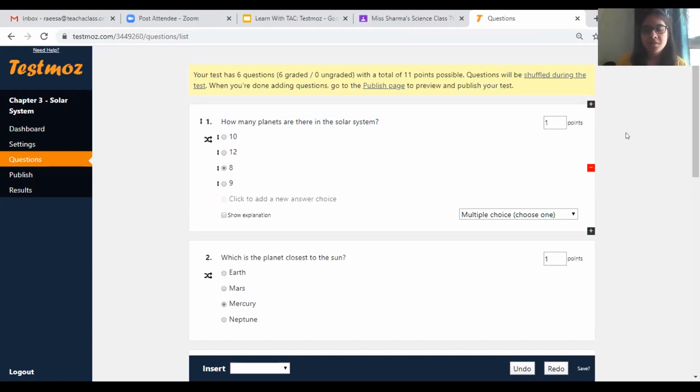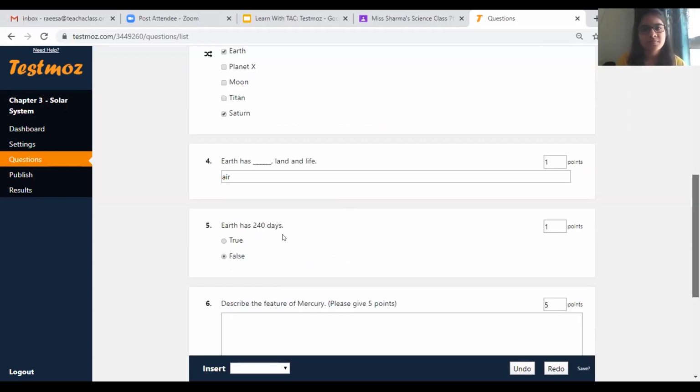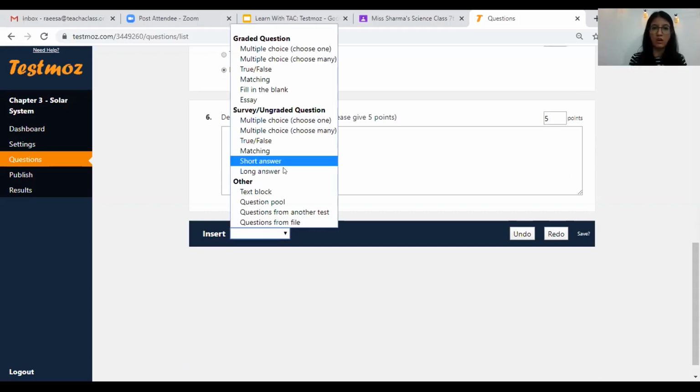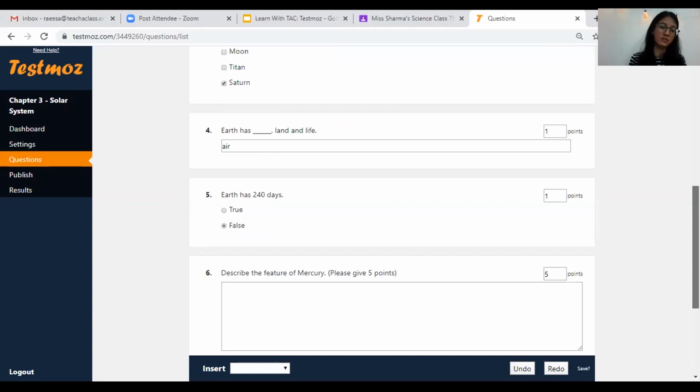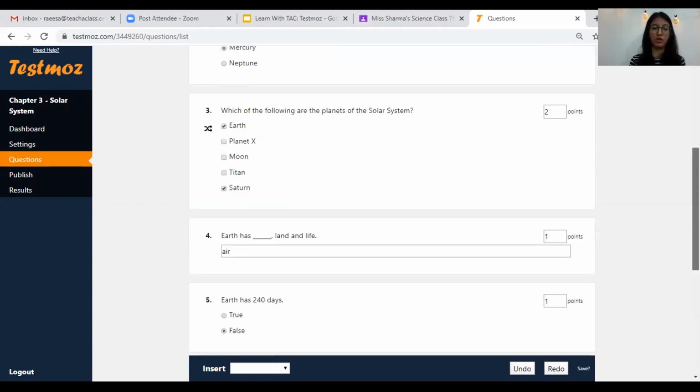We have another very interesting question, that is, is it possible to add pictures in the questions to make it attractive for the students? I will just check. Okay. As far as I have used the tool, there is no option of adding an image or a picture to the question.